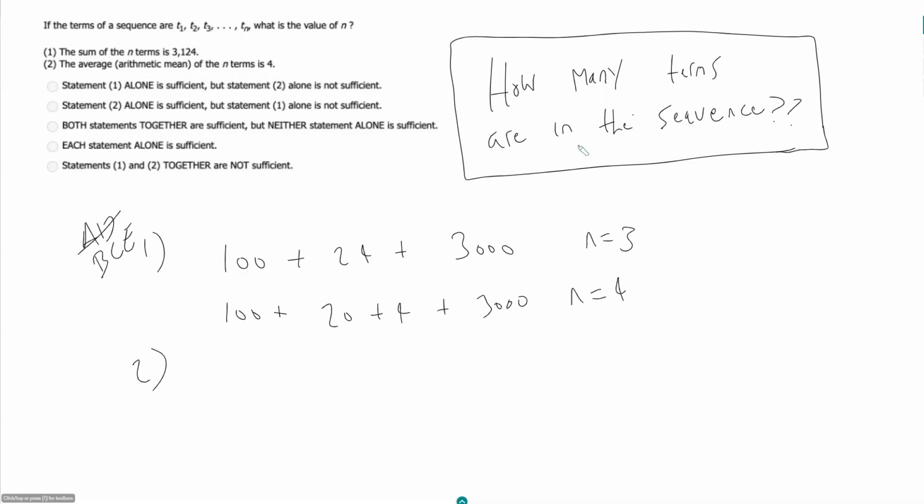The average of the n terms is 4. Okay, so by itself, this is not going to be sufficient because we could have, let's just say every term in our sequence is 4. So this could be our sequence, and in this case, n would be 3. Our sequence could be like that, and n would be equal to 4. So that's not sufficient. And now, together,